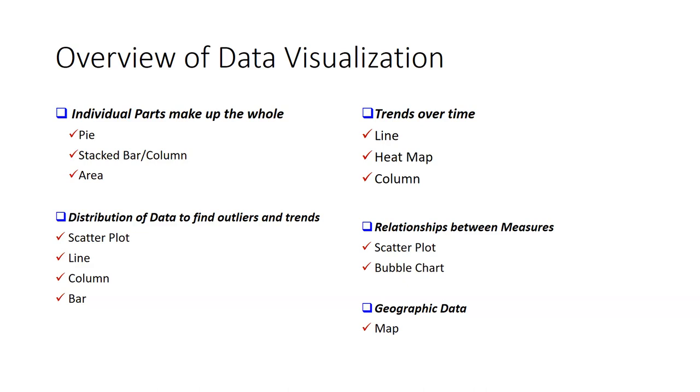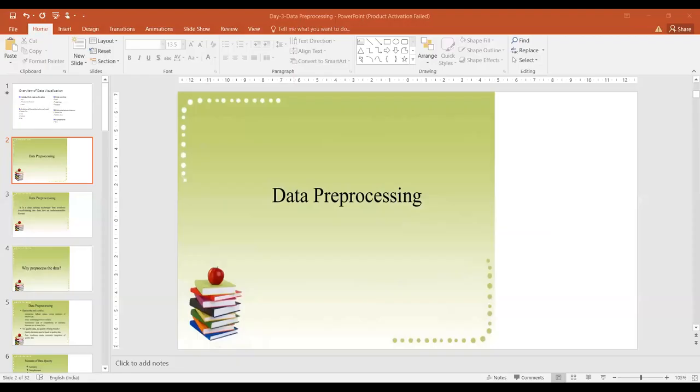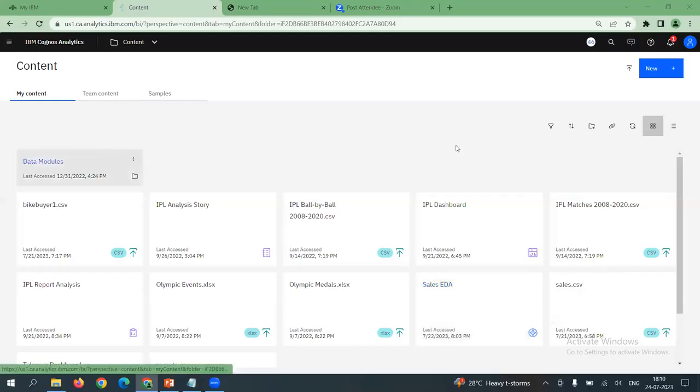So these are the typical know-how or prerequisites for all of us to understand before we further go on to part 2 of our data visualization practices with much more complex real-world data scenarios. So now I would request all of you to connect to the Cognos Analytics tool. I'm already logged in here. You can see that. All the participants are requested to connect to your IBM Cognos Analytics account credential.